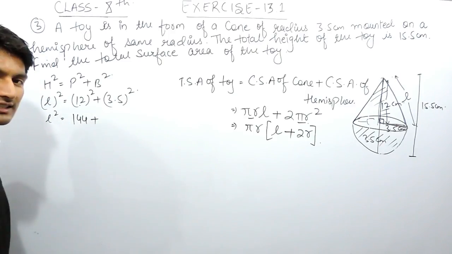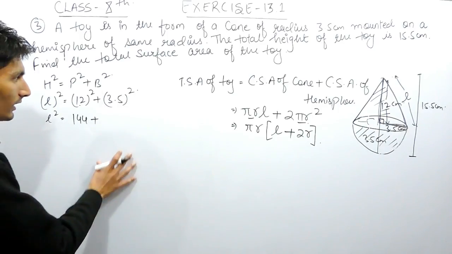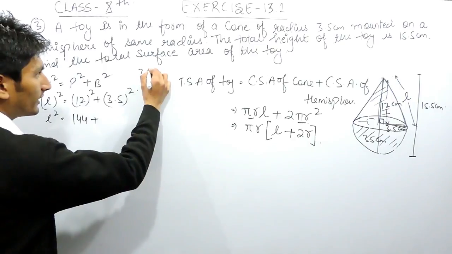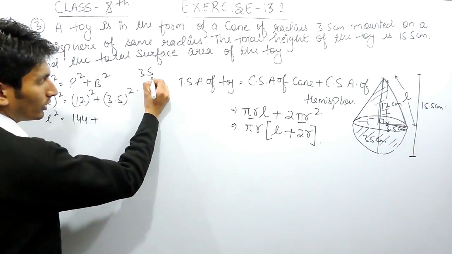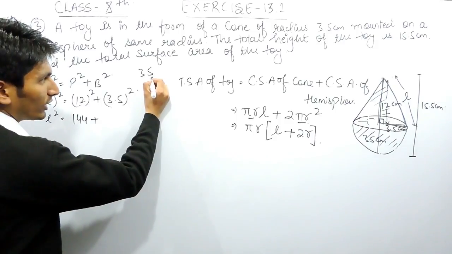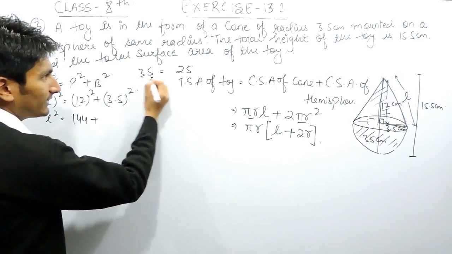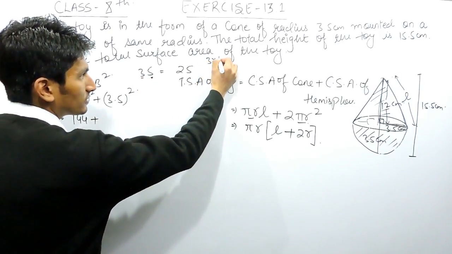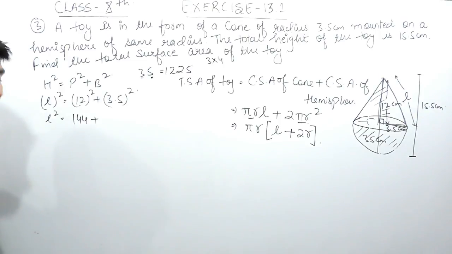This can be supposed as 35. The decimal will be put at the last. Now, how to find the square of numbers whose last term is 5? What you need to do is find the square of 5, which is 25, and multiply this with the next number, which is 4. So the square of 35 will be 1225.